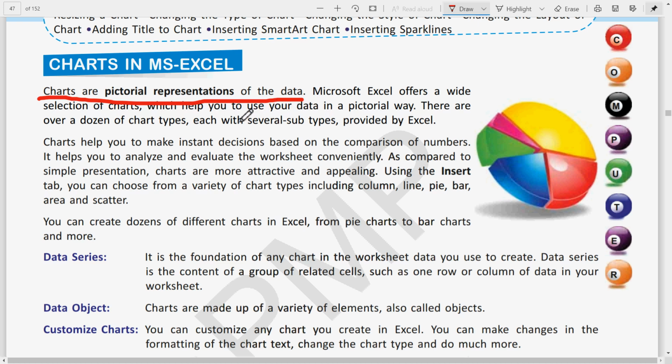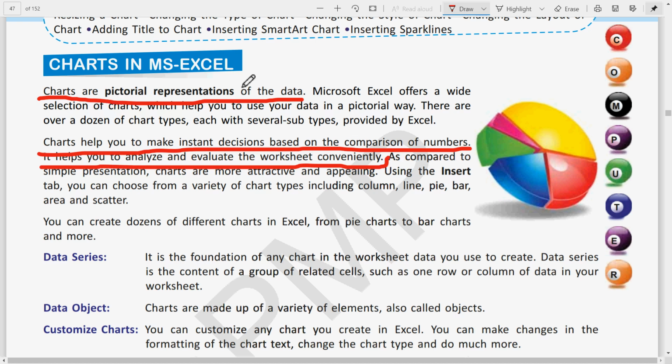Then the second part of the question is what is the need of these charts? So you can write from here that charts help you to make instant decision based on the comparison of the numbers. Clear? Then it helps you to analyze and evaluate the worksheet conveniently. Clear? This much is the answer you can write. So first part is what is chart?